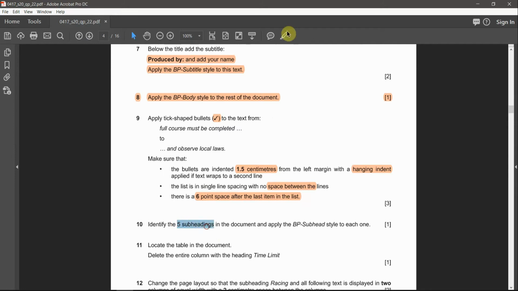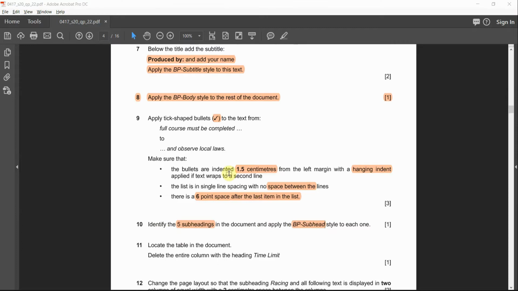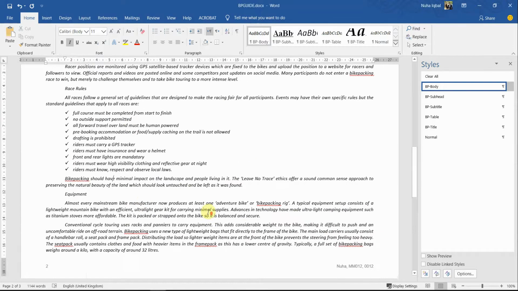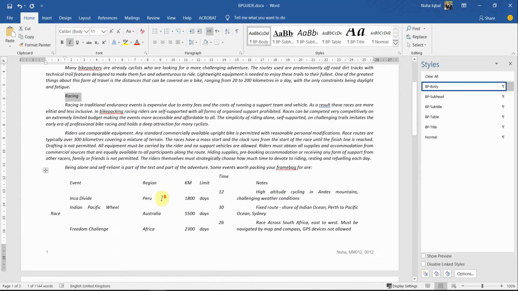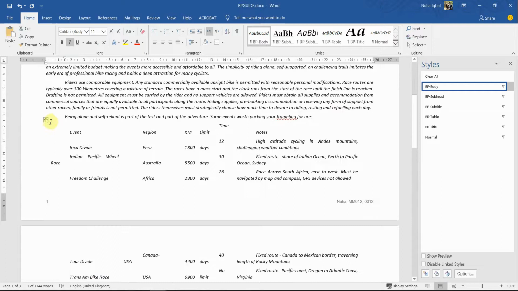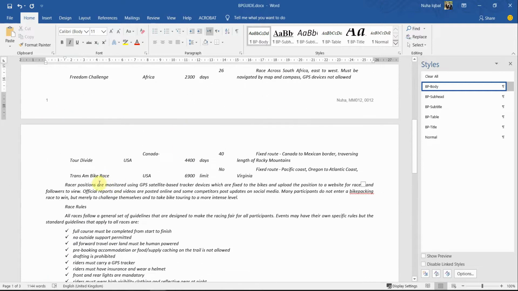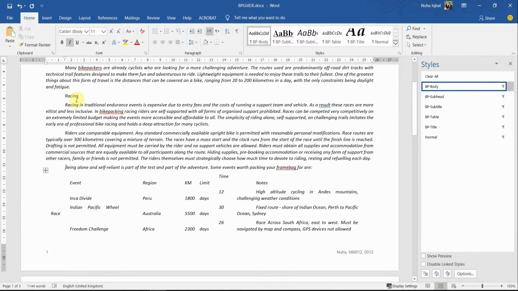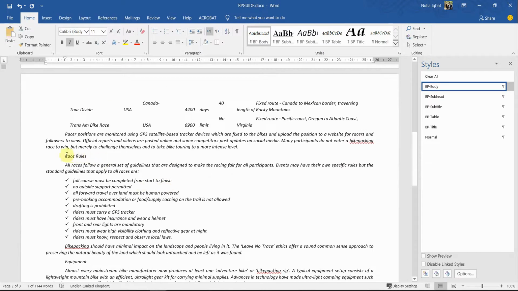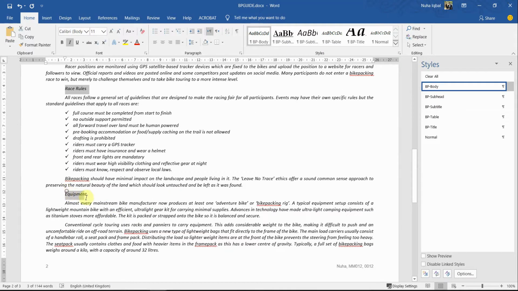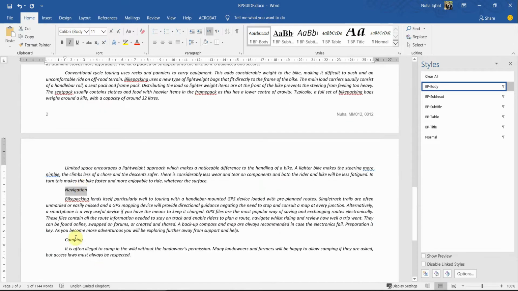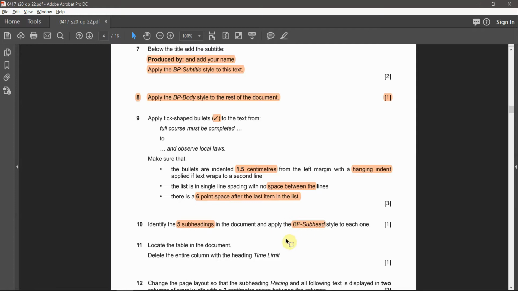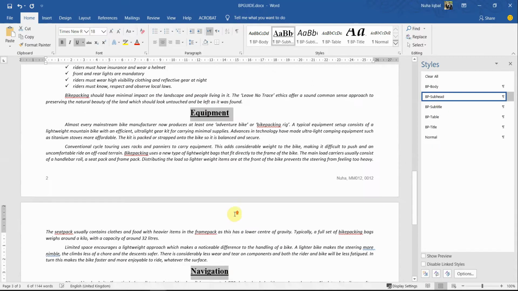Identify 5 subheadings in the document and apply BP subhead style to each of them. So we have to look for 5 subheadings. Let me close this. Okay, that seems one. That looks like a table, so I'm going to ignore it. I think I pointed here 1, 2, 3, 4, and 5, and I'm supposed to apply BP subhead to it. Okay,